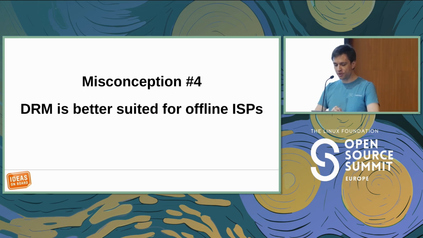Last misconception, DRM would be better suited for ISPs, really? Because, you know, DRM, that's GPUs, that's accelerators, those are devices that process images, and what's an ISP if not something that processes images, right? So